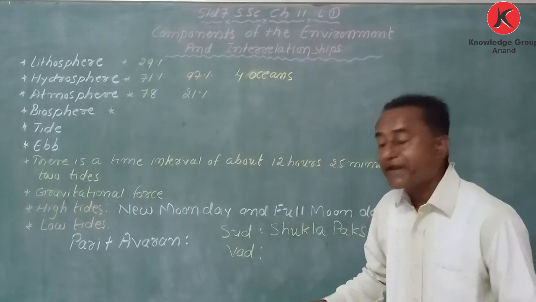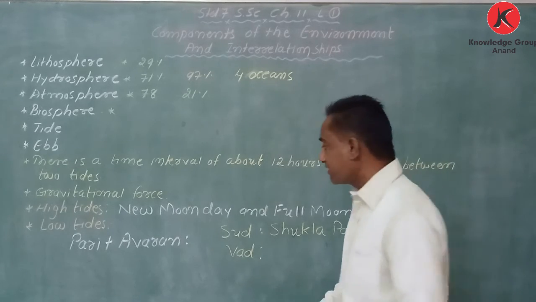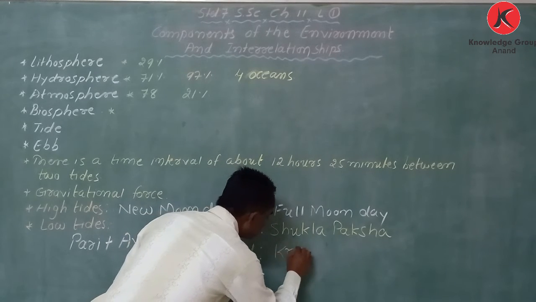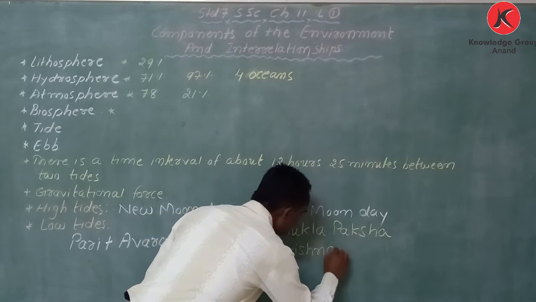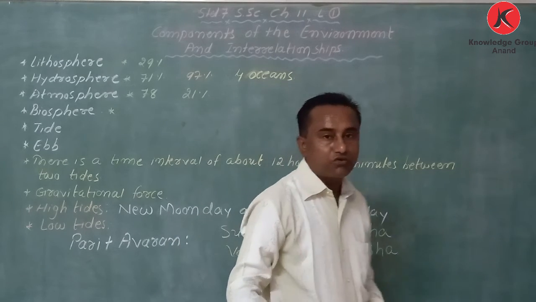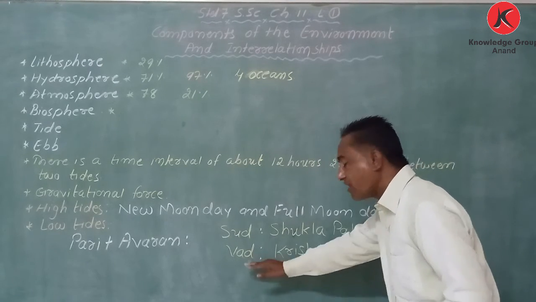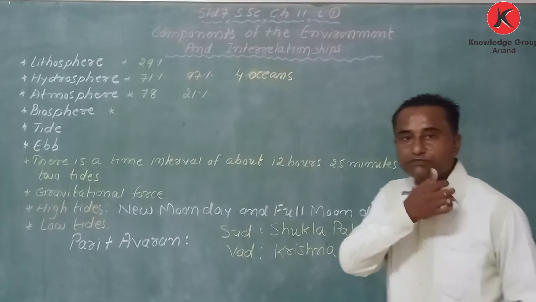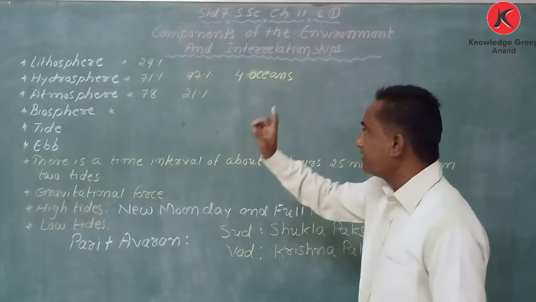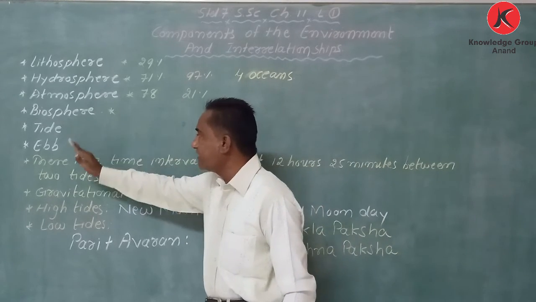While Vad is called Krishna Paksh, which means a darker fortnight. So my dear student, today I have explained about spheres, about tides and ebbs,